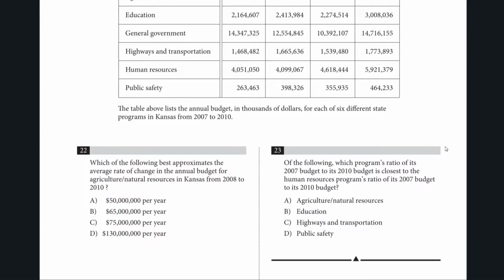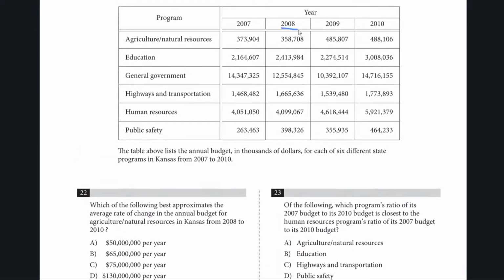Which of the following best approximates the average rate of change in the annual budget for agricultural natural resources from 2008 to 2010? So we're looking from 2008 to 2010 for the agricultural and natural resources. To find that, we're going to take the final, subtract the initial, and then divide by the number of years that have passed, which is 2. So the final is